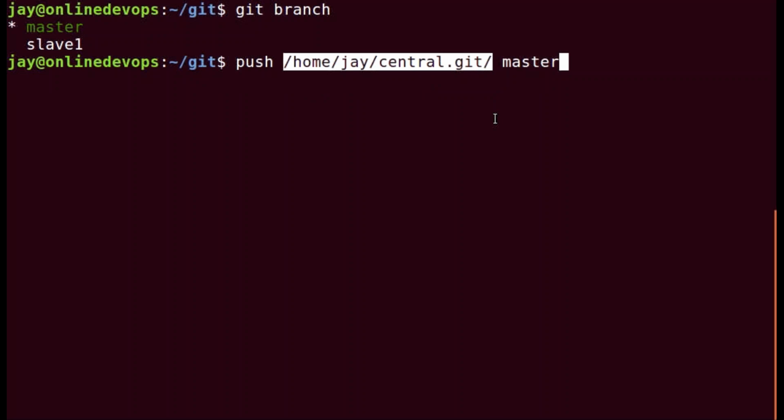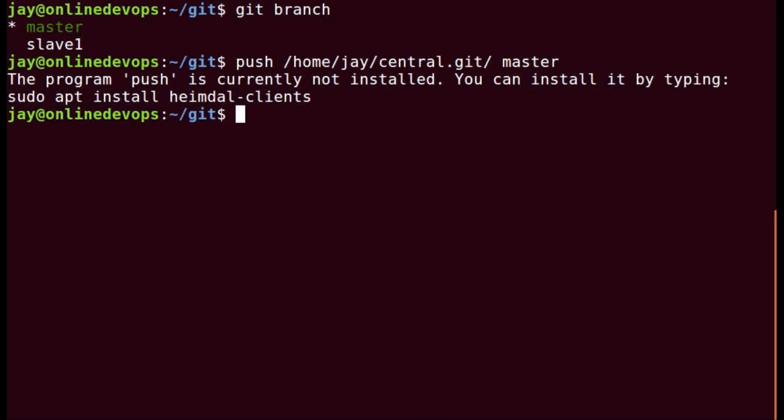Say for example, normally in your real-time scenario, you will have a remote machine, a remote centralized Git machine, where you connect to that machine with your username and your IP, colon. Okay, you know IP, right? Which has four numbers separated by dots. Like this you will give. It will connect using SSH. But here I'm using the same repository on the local machine, so I don't need to give it. So if I hit enter,